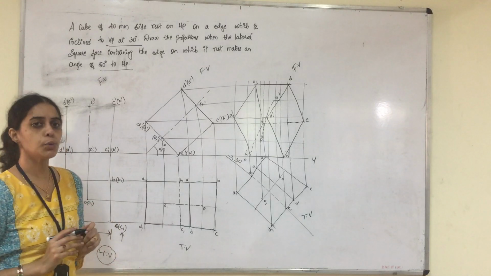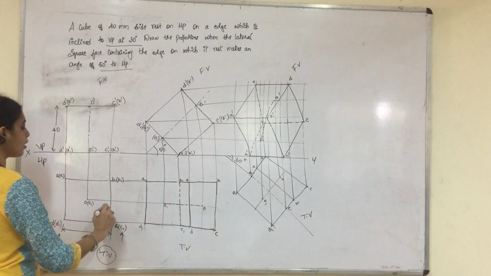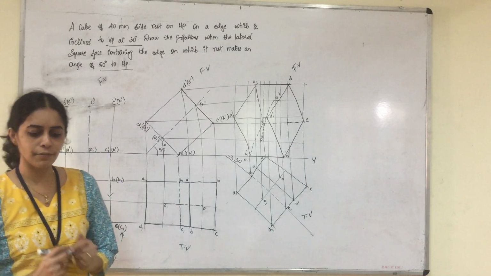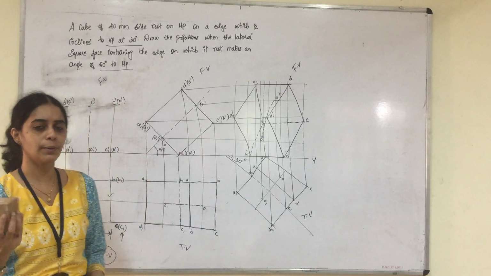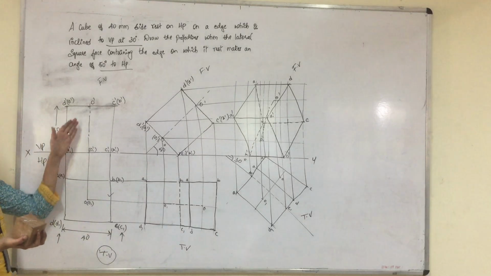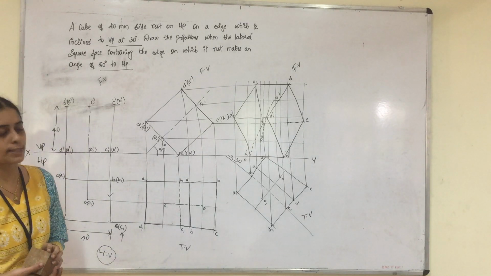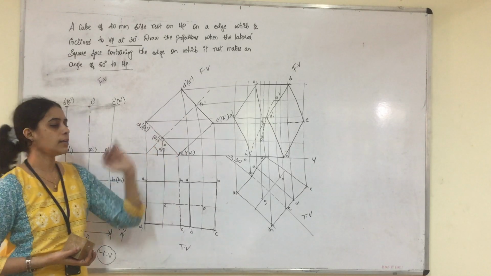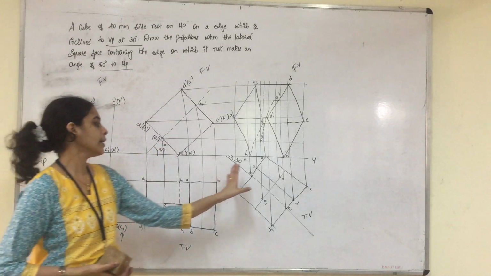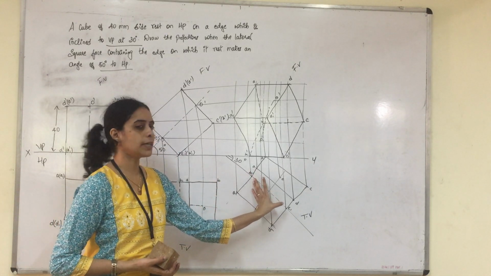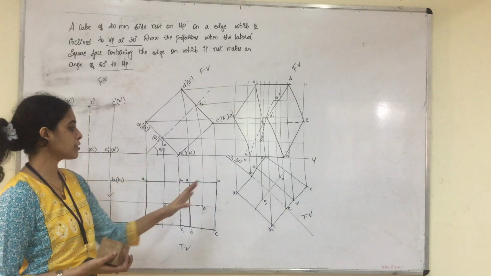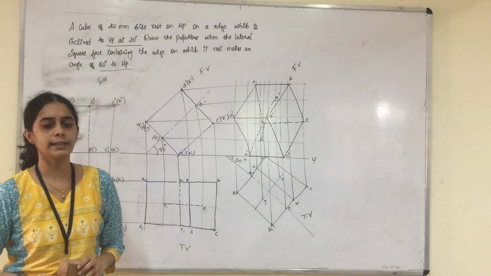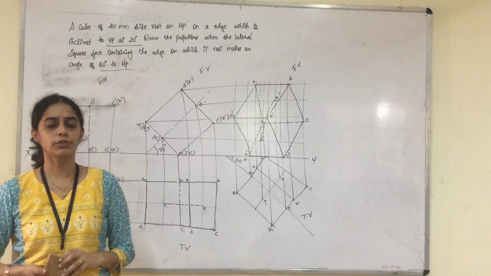So this is how the final stage front view and the top view look for the given cube problem when it is resting on one of its edges. So always we should consider, if it is a cube problem, all the sides will be equal, and hence the top and the front view will look like a square exactly. Then the regular process is the same. You will take the inclination of HP, and then if the side has been inclined to BP, you will take the side directly. If it was axis inclination, then we would have determined the apparent angle and then done the remaining part of the third stage.